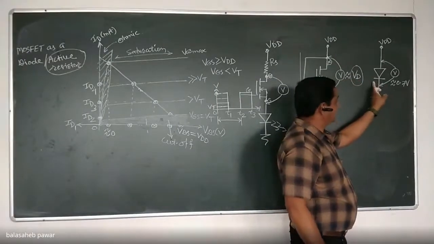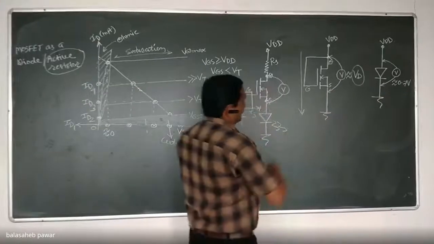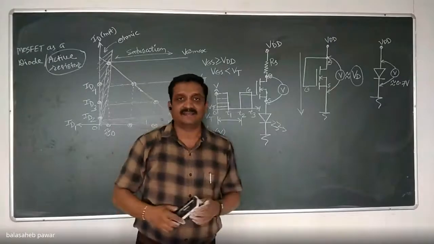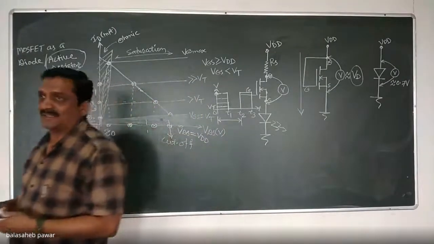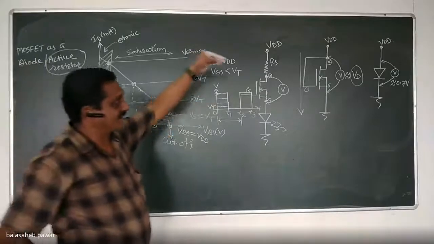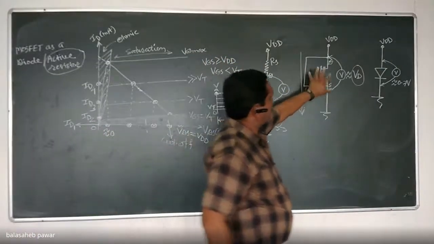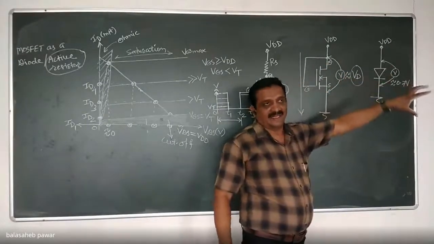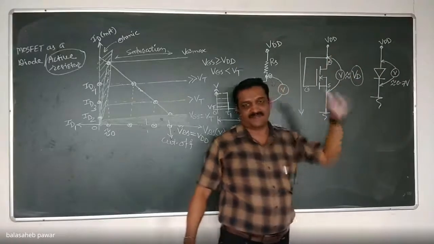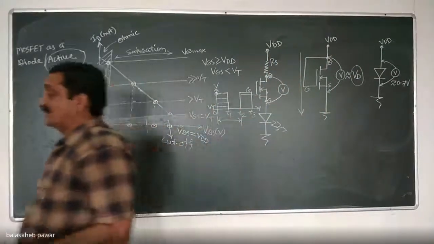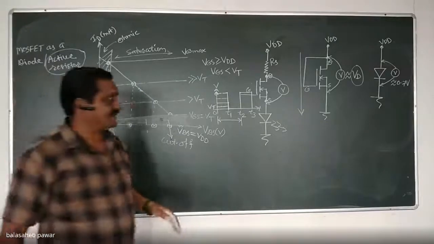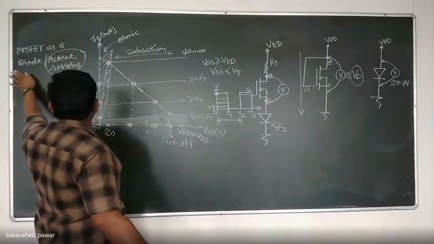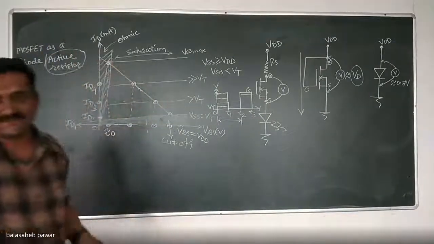This is the PN junction diode, right? So just remember here, when that gate terminal is directly connected to the drain, instead of applying a variable gate voltage, a fixed gate voltage is applied equal to the drain voltage, that is equal to VDD. The drop across that MOSFET will be approximately equal to the drop across a diode. And it will work in one direction only, that is from drain to source. Current will flow only from drain to source. And that's why we are saying that a MOSFET can be used as a diode. Is it clear?